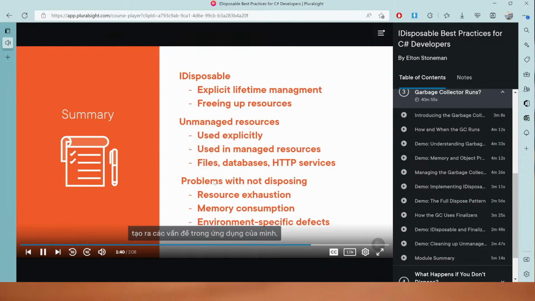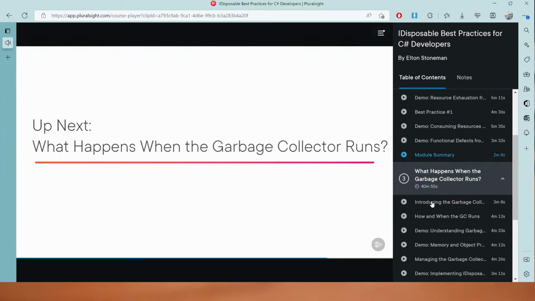problems into your application which can be hard to replicate and fix. And that's all for the introduction. In the next module,